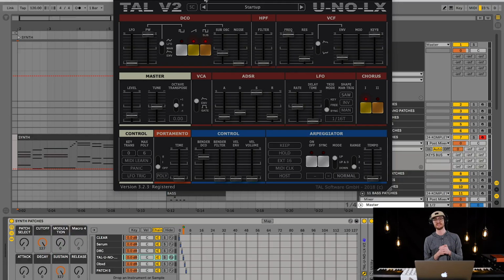The next one is TAL, the UNO LX V2. So this is actually an emulation of an old Juno synthesizer, a Juno 60. So really popular back in the 80s. Really popular in pop music, experimental stuff. There's so much stuff you can do with this. I'm not going to go into all the features again on this one, but there's a lot to check out on this guy that's really useful. So if I play that same MIDI clip again,